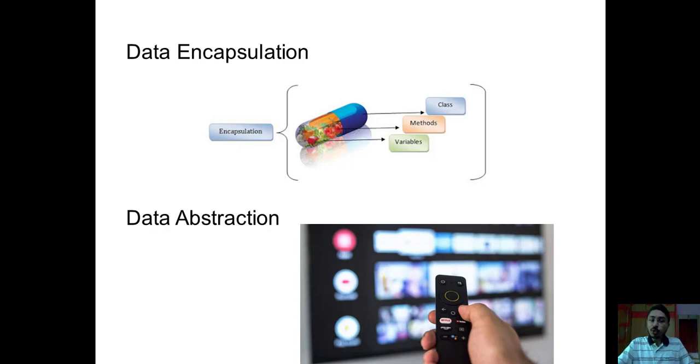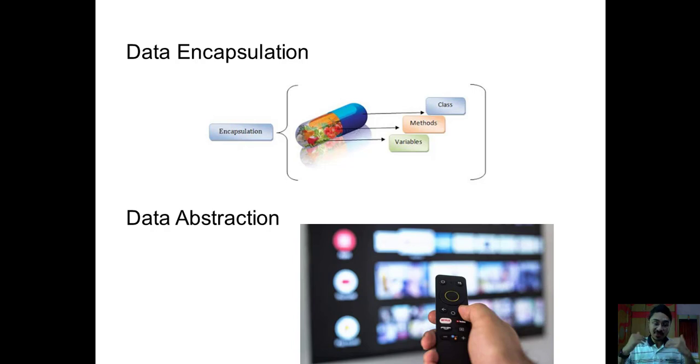But even though you don't need to know these details, you can still turn on the car, because you know the only access point from which you can turn it on. So all this machinery, all these internal logics and details are hidden from you, and only essential things are given to you. That is nothing but how to insert the key and which button to press in order to turn on the car. So that is nothing but the abstraction.